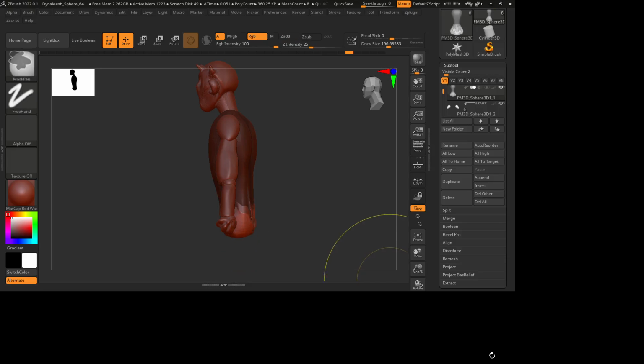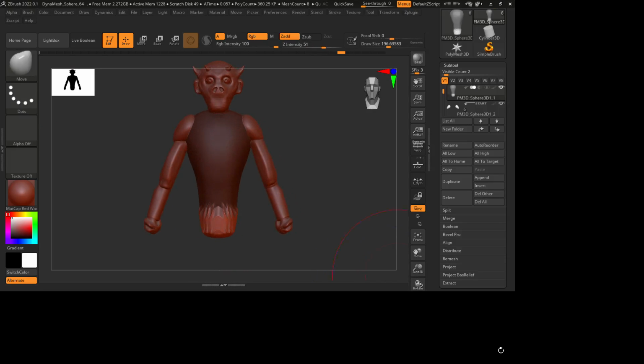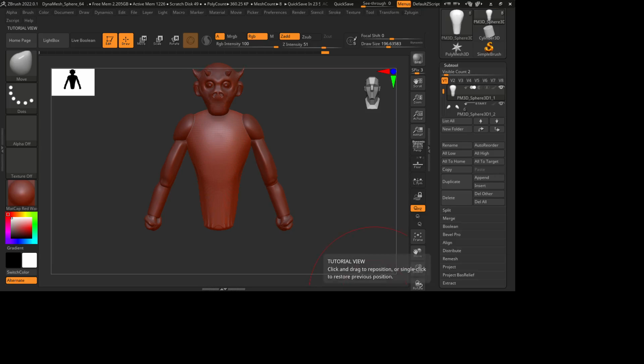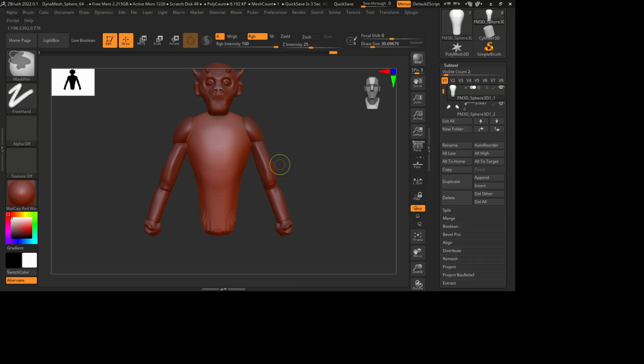So, just leave it like this. In the next video, I'm going to be working on the legs, right? Although we're supposed to put another sculpt mesh to form the leg, the waist. So in the next video,